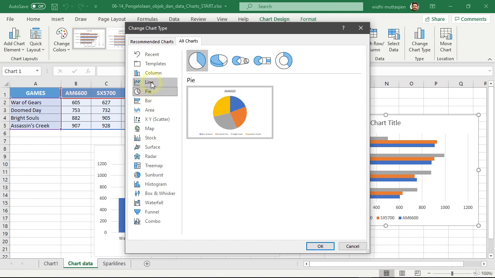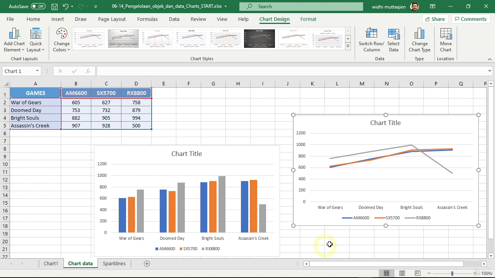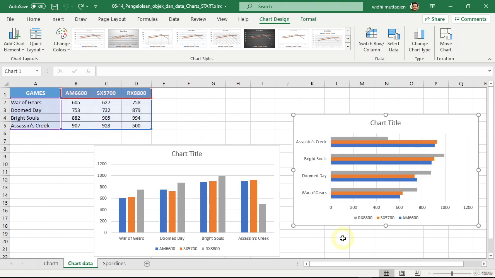For example, we can pick the line type here. Although this chart type is not suitable for the data we have, at least you know by now that the chart object is flexible, as we can still change their type after we create them. I am undoing the command so we have the bar type again. Currently, the chart uses the game names as the bar group and the GPU model as the individual bars.